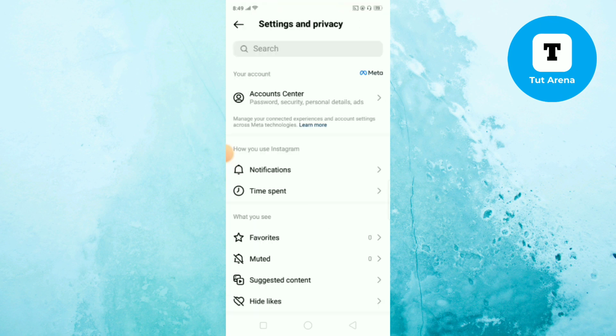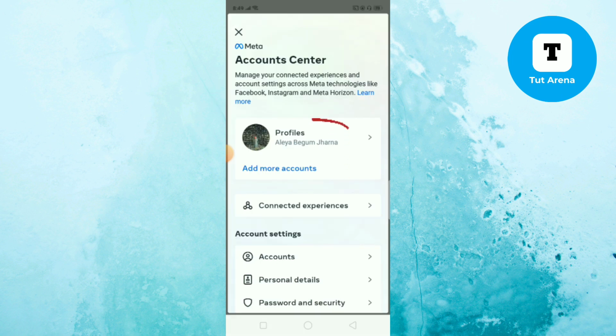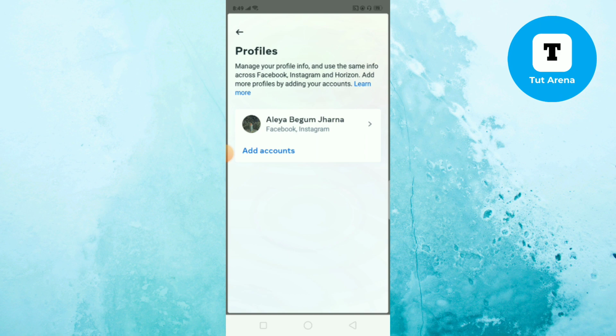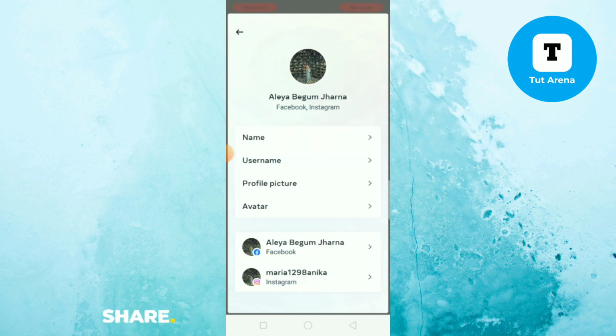After that you guys can see account center at the top. Tap on here and then at the top you guys can see your profiles. Tap on here and then you guys can see your Facebook profile, which is right now syncing with your Instagram account. Tap on here and then at the bottom you guys can see your